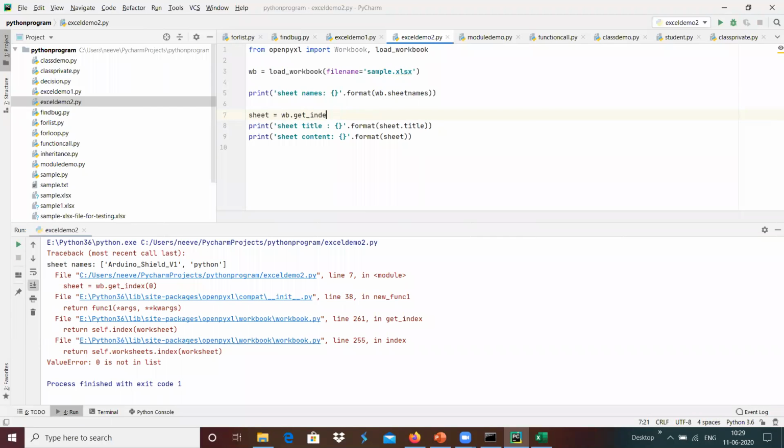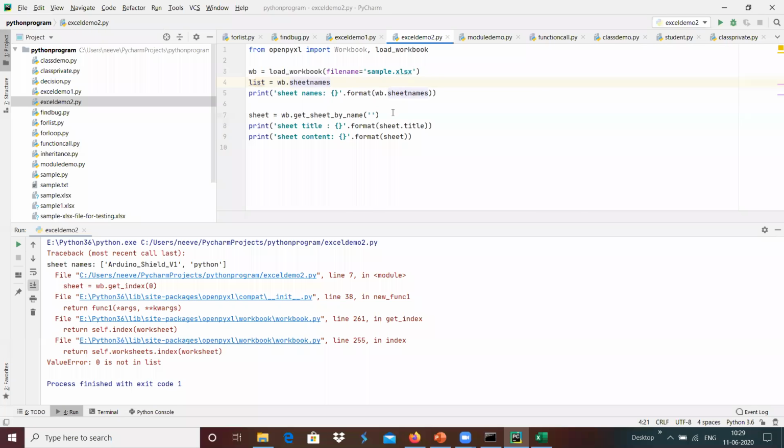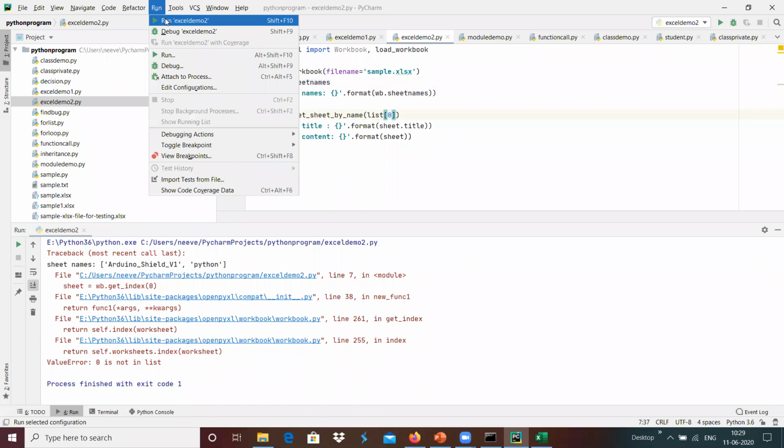That get_sheet_by_name, and maybe I have to use the sheet names, something like list equals wb.sheet_names here, and inside the list maybe we can use list of 0, which provides the sheet name 1, and we can get the sheet name accordingly.